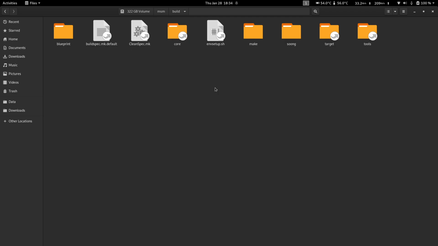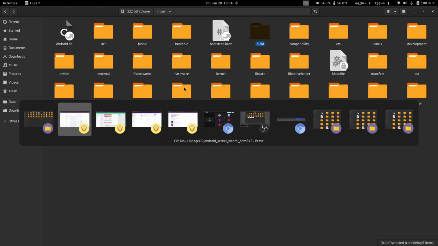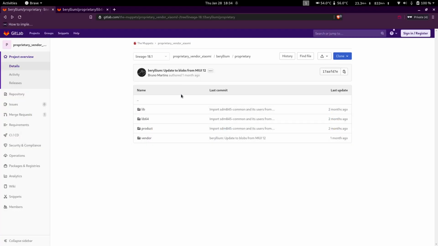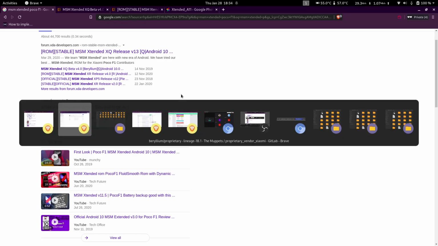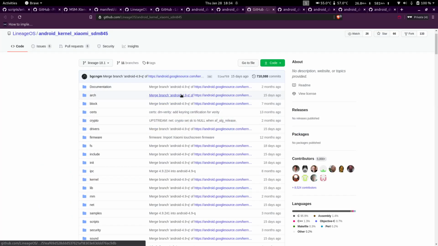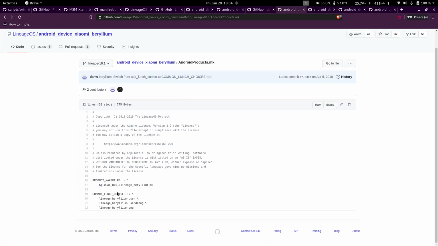This sets up the environment in the terminal, so that you can execute commands that you would otherwise not be able to. A while back I told you that we would be taking a look at what these lunch choices stand for.